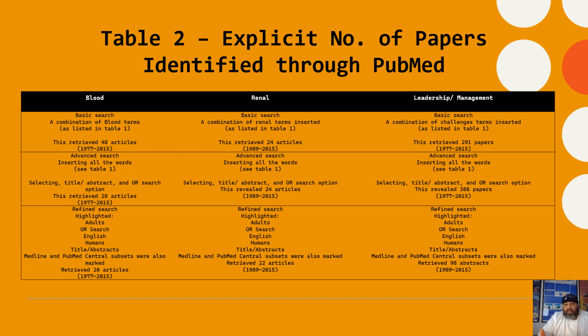And then in relating to leadership and management, under the PubMed database search, what happened then was there was a combination of terminologies that related to leadership and management, again as outlined in table 1 in the previous slide, and a combination of hematology terminologies and renal, that actually revealed 291 papers between 1977 and 2015, and then this table, table 2, highlights